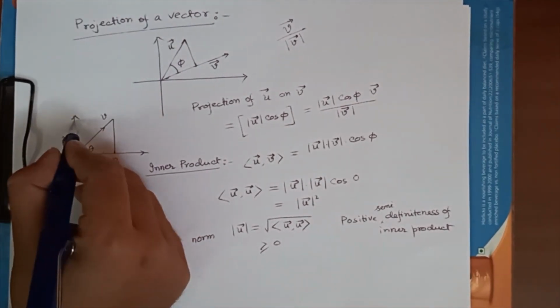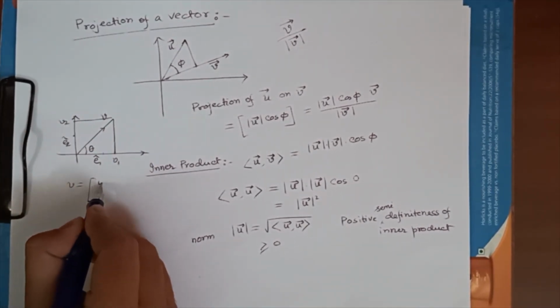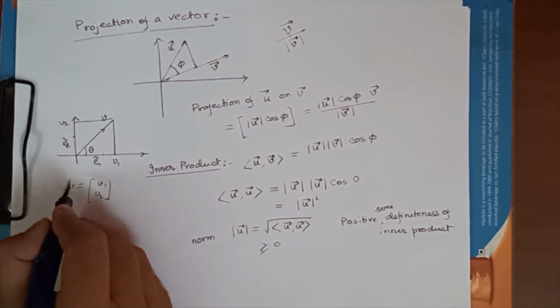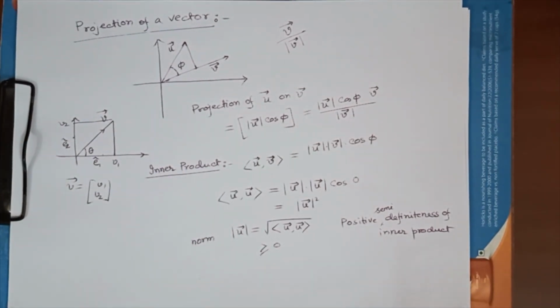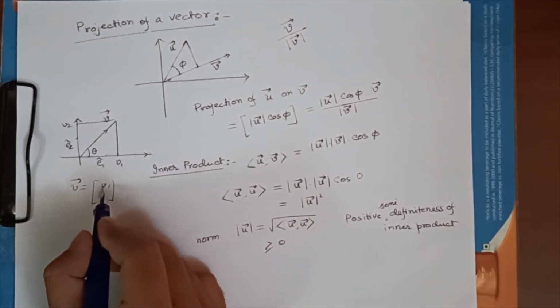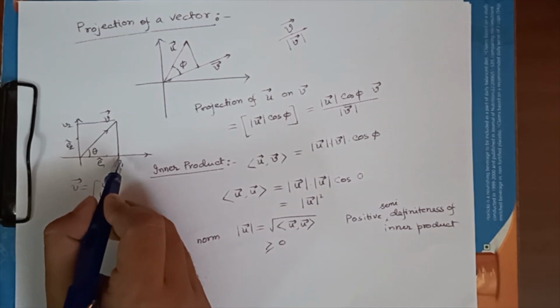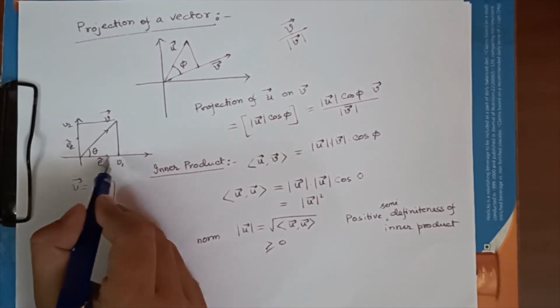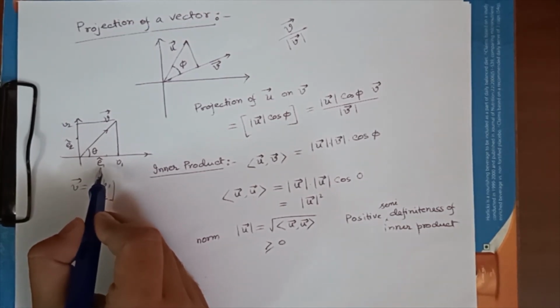This is V1 and this is V2. We want the representation of the vector as V1, V2. This is the vector and these are the real numbers, the scalars. So to get that, we need to first compute what is V1. So how do you get V1? V1 is basically the length of the vector when you project V on E1 hat.